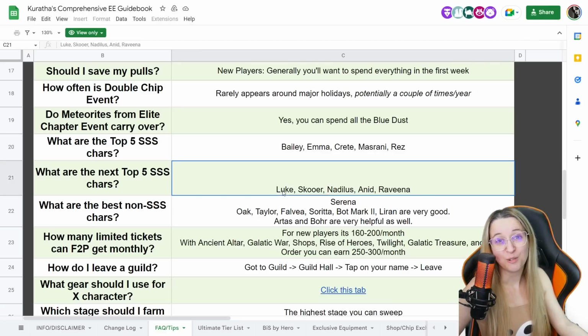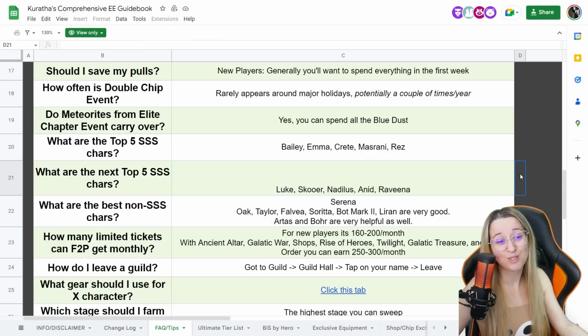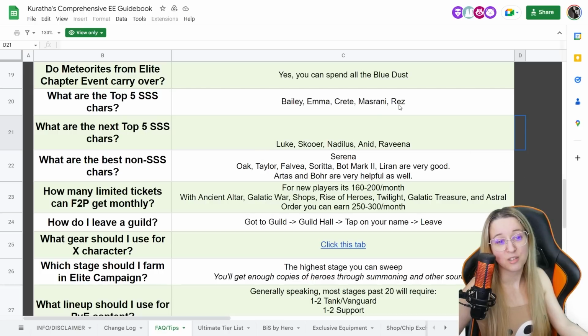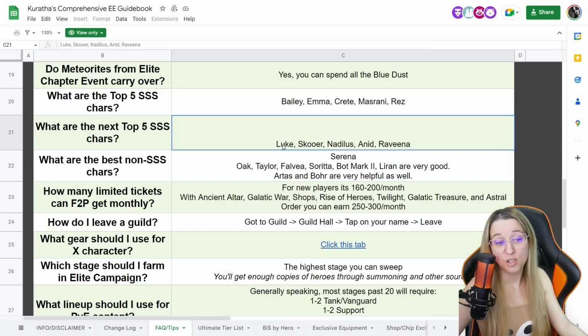Absolutely go for Luke. Luke is amazing. AoE decreased defense. He just hits really hard. He's my MVP through all of Twilight every time I've done it so far, and he's just so good. I think Luke deserves to be up there instead of Rez. Rez would be the next one because that's who you're going to focus getting through the shop, but don't waste gene hybrids on Rez either, because Rez, again, you can get completely just by every month getting a Rez through the shop as it resets.